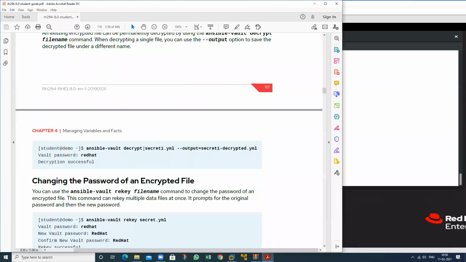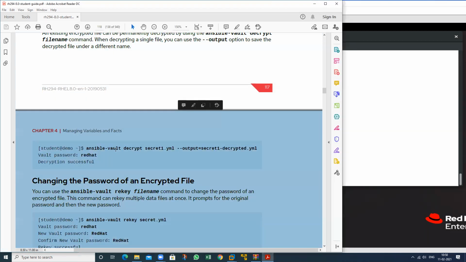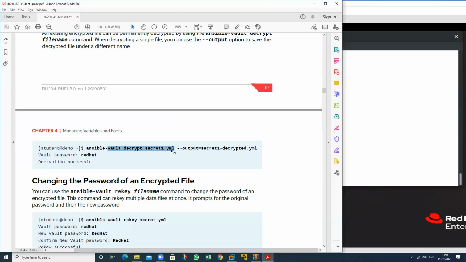This one, decrypt, and I want to decrypt this particular file, but I want to place my data in this new file. Then what is the command? I want to decrypt this particular file. The file name is this one. So I want to decrypt this file, but place my data in another file.